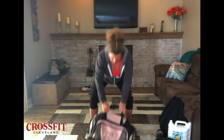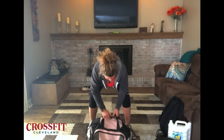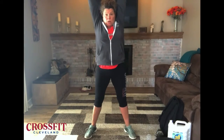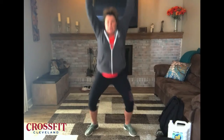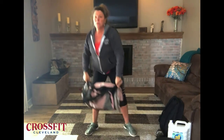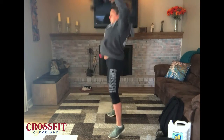So what I'm gonna do with these, the movement is the exact same. I'm just gonna think about if you had a sandbag, it would be the same exact thing. I'm gonna open up all the way and bring it back down. Heavier weights. Okay, just so you can see it on the side here